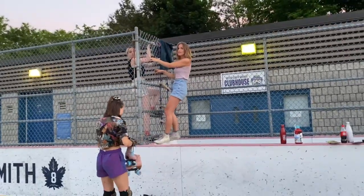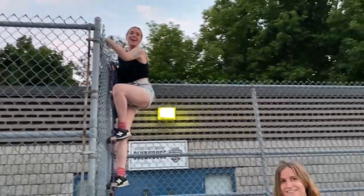Shots of a house just down the street. Then we crossed